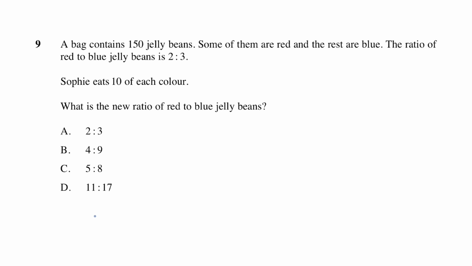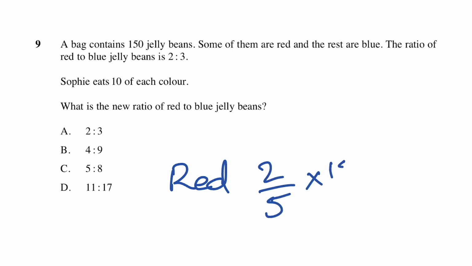All right, a bag contains 150 jelly beans. Some of them are red and the rest are blue. The ratio of red to blue jelly beans is 2:3. Sophie eats 10 of each color. What is the new ratio of red to blue jelly beans? Well, the first thing we need to do is figure out how many jelly beans we have of each color. So for red, we have 2/5 of them multiplied by 150. So we can divide the 150 by 5, we get 30. 2 times 30 is